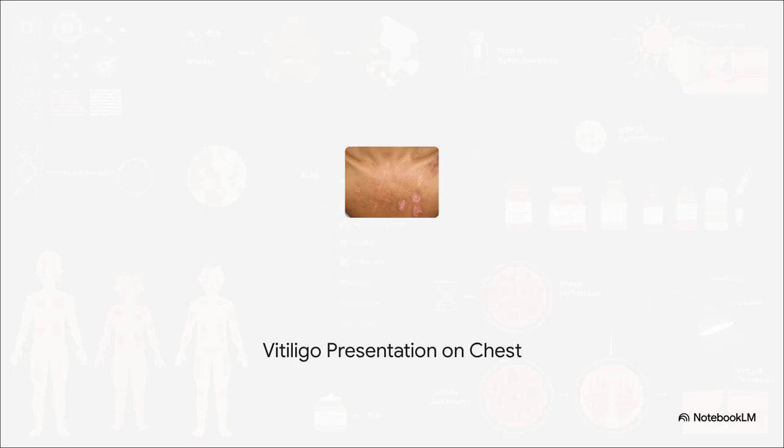Sharply demarcated, completely depigmented patches, that characterizes vitiligo. It's an autoimmune loss of melanocytes, often showing up on the face, hands, genitalia, and acral surfaces. You really must remember its association with other autoimmune diseases too, things like lupus, pernicious anemia, and Addison disease. If the disease is limited, you treat with topical corticosteroids, but for extensive cases, you're looking at calcineurin inhibitors or